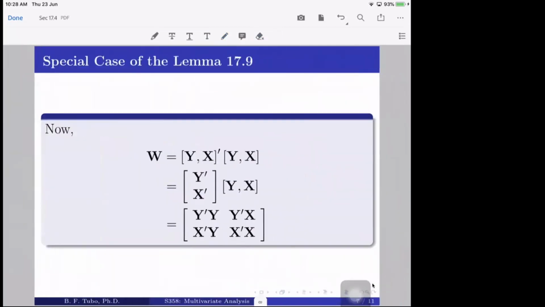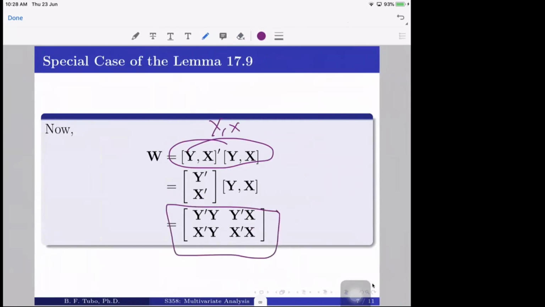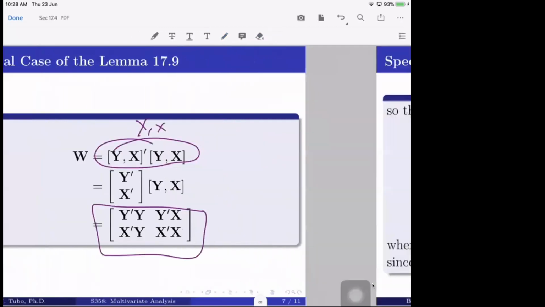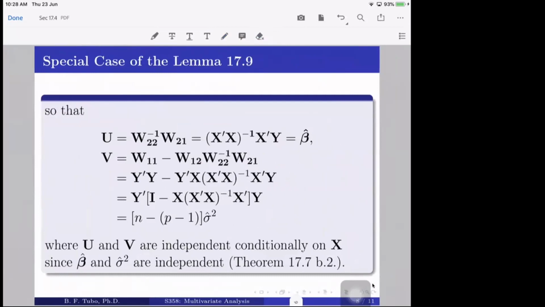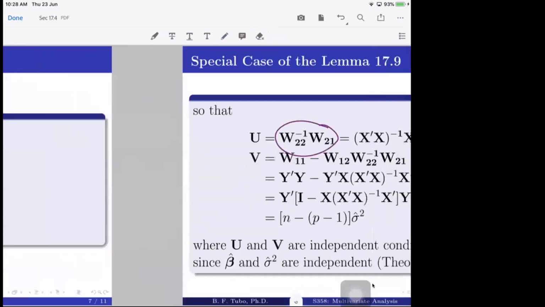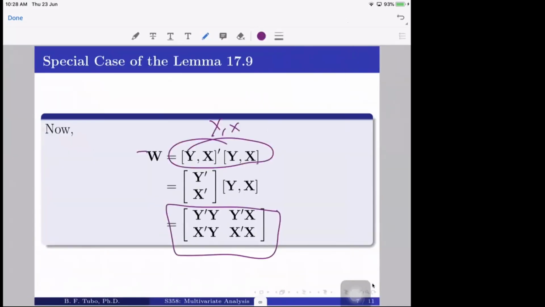So this is our component y x. Get the x prime x. You have this component as your W, and you have this W2 inverse W21. So if this is our W, x prime x,